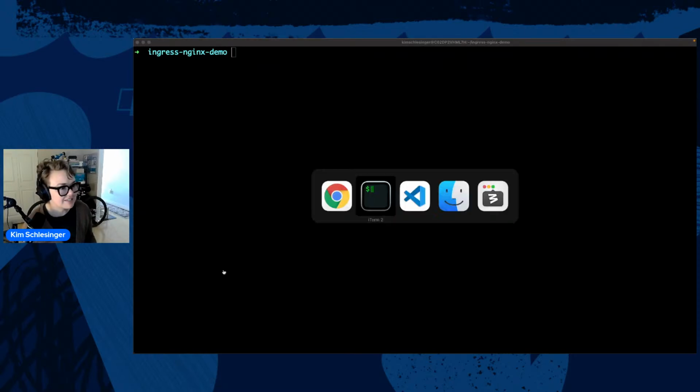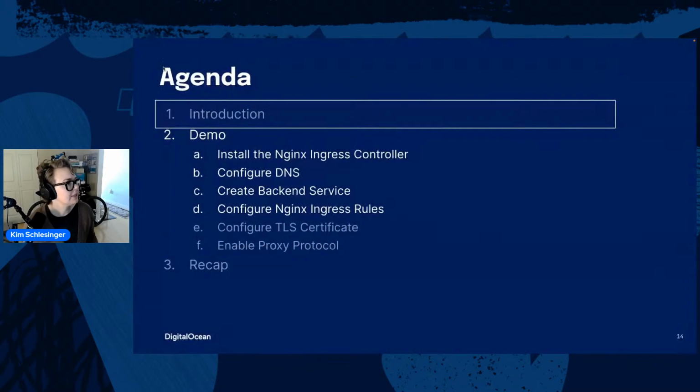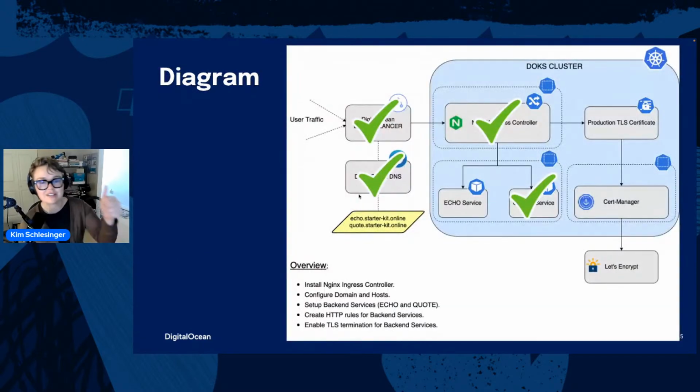All right. So actually, that is one of the steps. This is a nice step that doesn't take too long. Let's see. Beautiful. So we just created the backend service. So I've got a check mark over the quote service. In the repo that we shared, they also tell you how to deploy a second service called the Echo service. I'm not going to show you the Echo service today, but feel free to do that. So that's why there's no check mark and there'll be no boxes on that.